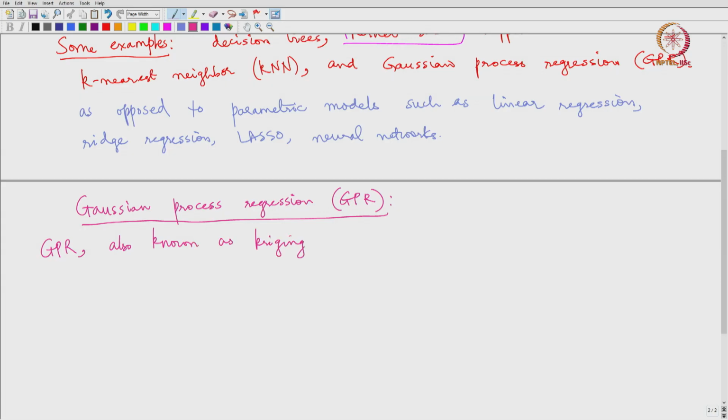especially in the field of geostatistics, GPR is known as kriging, is a Bayesian approach to machine learning, and especially to regression problems, right. There is also Gaussian process classification, but we will not study that in this course. So in this approach,